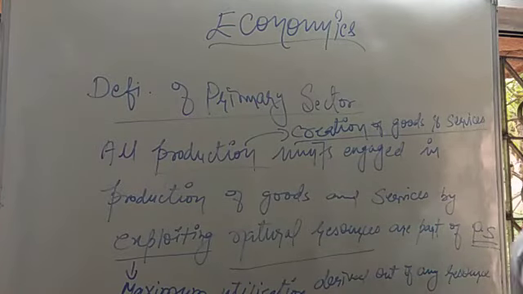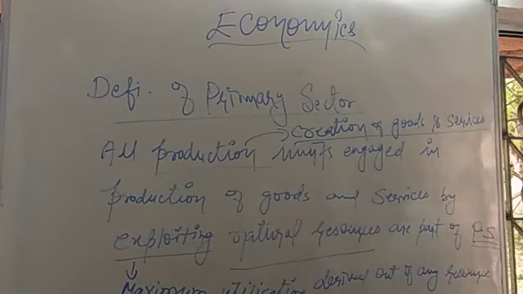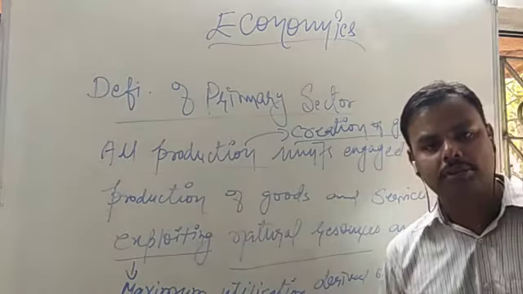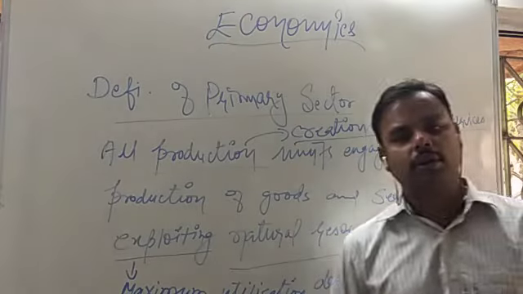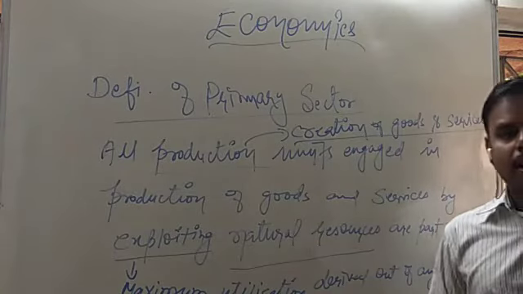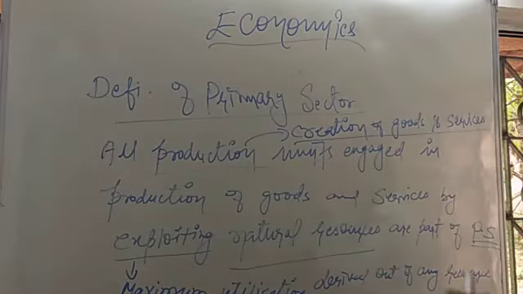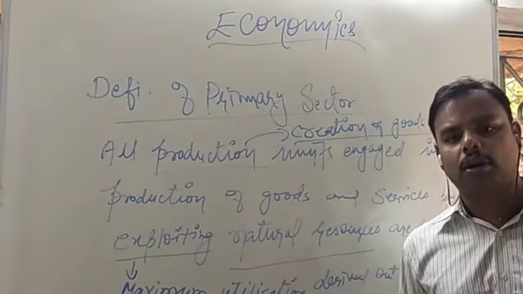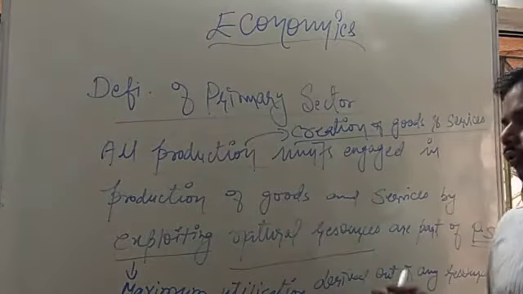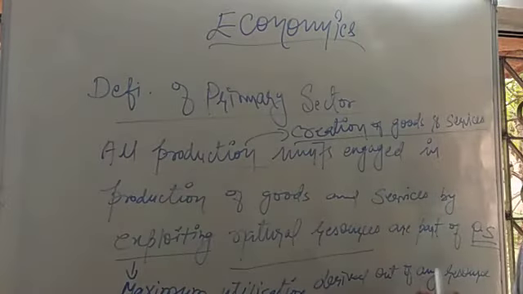And the third word is natural resources. It's a very common word for you all. You must have gone through this in geography even. Natural resources means all those resources which are free gifts of nature, which nature has bestowed on us, freely available for all, which does not create a gap between the rich and the poor, haves and have-nots. For example, rain, air, water, sunshine: these are free gifts of nature and are available for all.